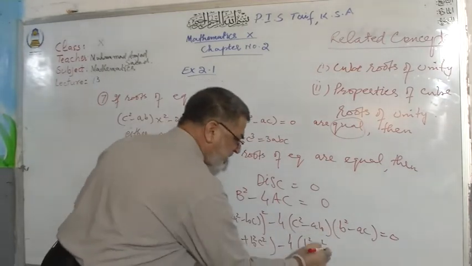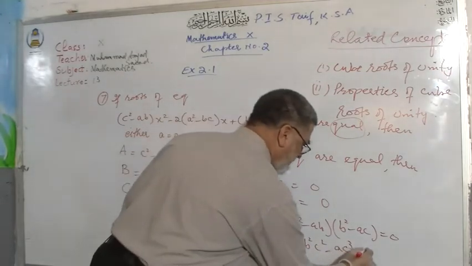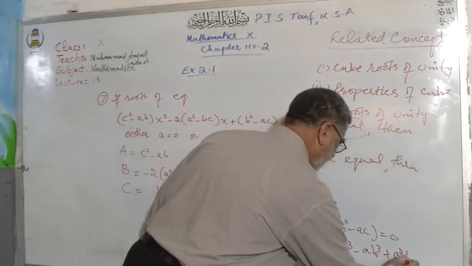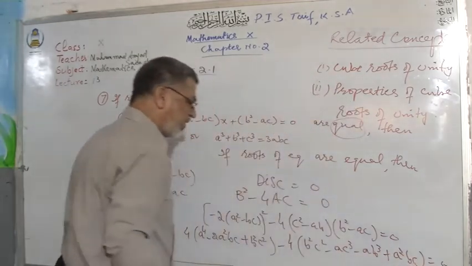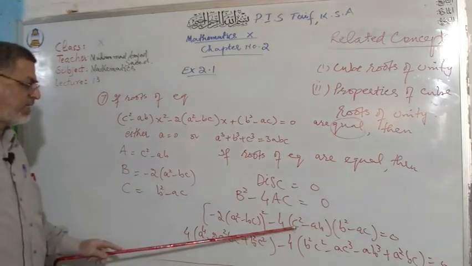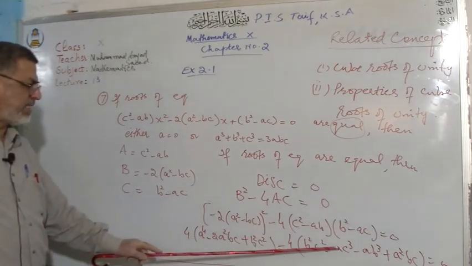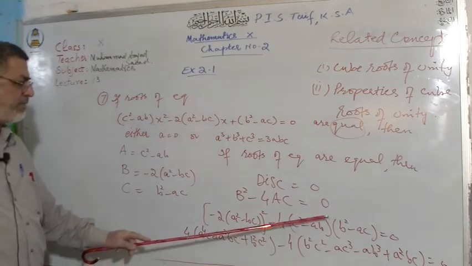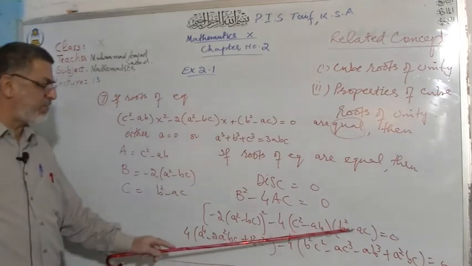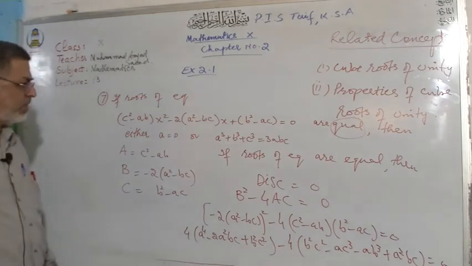C square is multiplied by b square, then a c cube minus a b cube plus a square bc, that is equal to 0. We have taken c square and one by one we multiply that, c square b square, then c square is multiplied here, minus ac cube, then minus ab with b square, that is minus ab cube. Similarly, minus minus plus a and a square into bc, that is equal to 0.